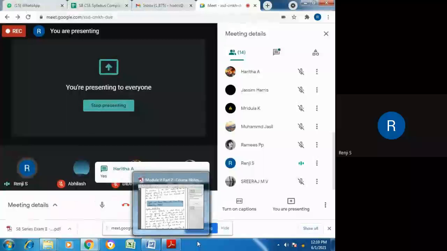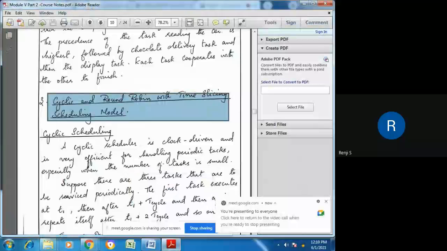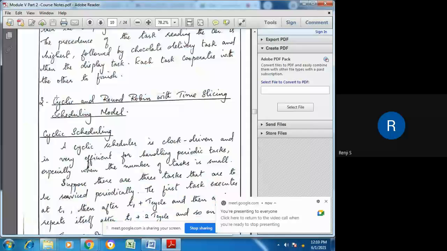In RTOS also we have the round robin scheduling model, and time slicing has to be given to each task so that it executes for that particular time slice and then is put back at the end of the queue. We call it cyclic scheduling because the process is repeated throughout.